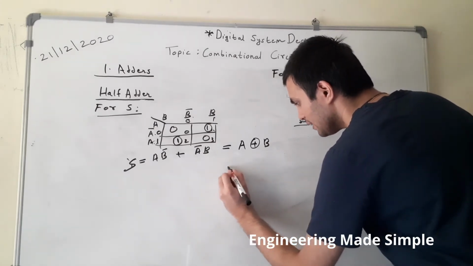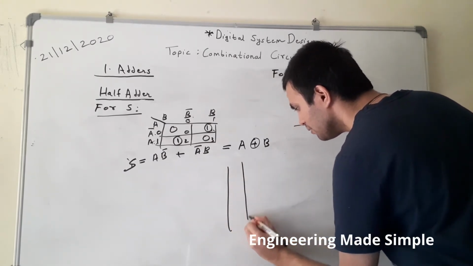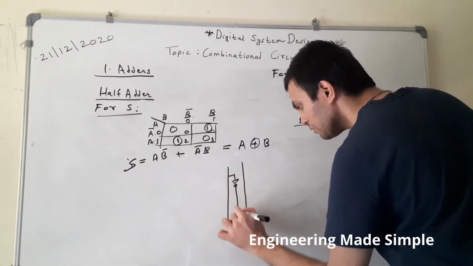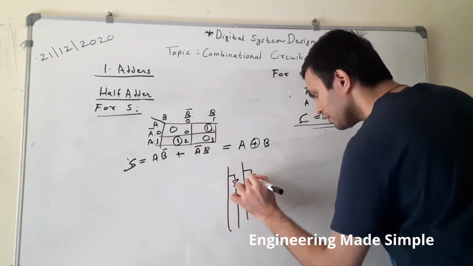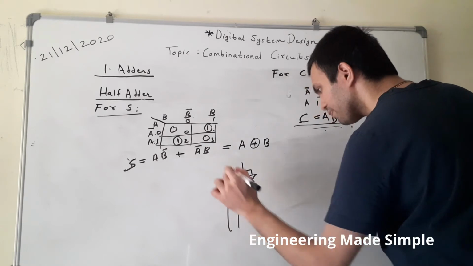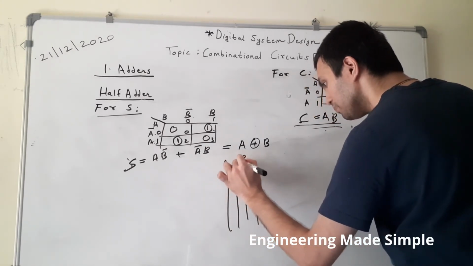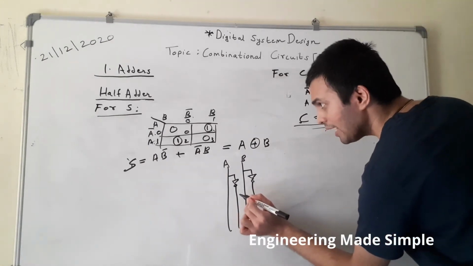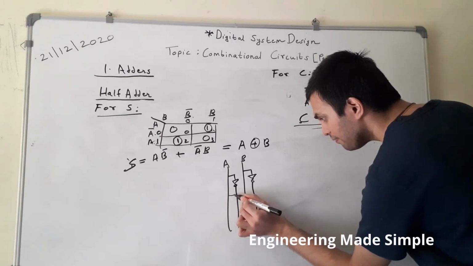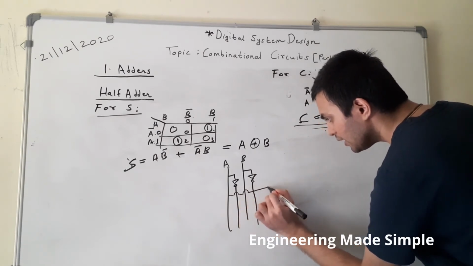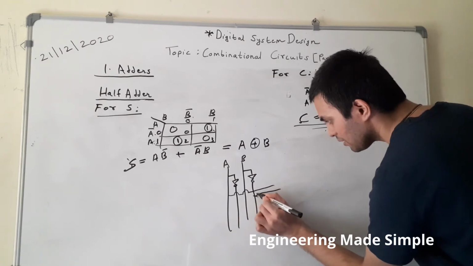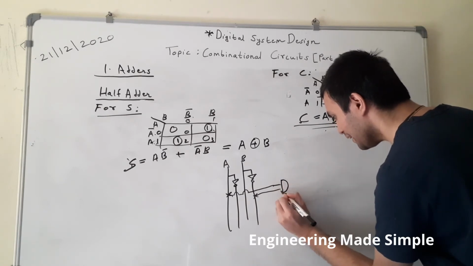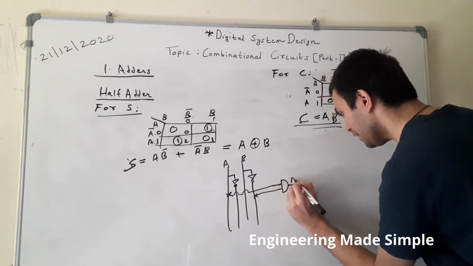So now let us start implementing the circuit. So this is A, B, one inverter input, so this is input A, input B. Now we will start implementing sum first. Sum is nothing but AB bar. AB bar, multiplication is there, that's why one AND gate will be there. So this will be AB bar.